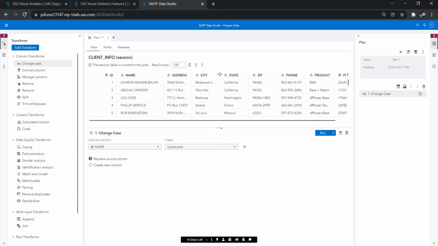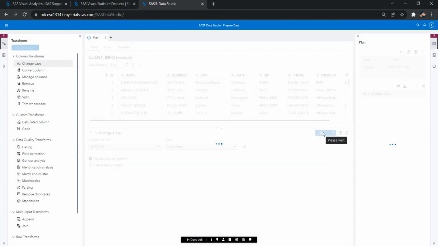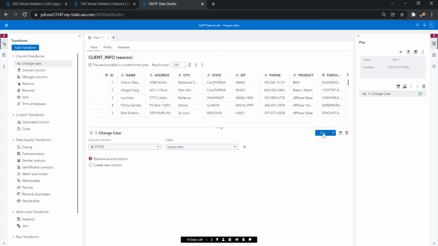Now you can see here we have city, we have state also here. So I'm adding this. I also want to change the state name to upper. Okay, so state name is now also in uppercase. Now this step is done. State is done.